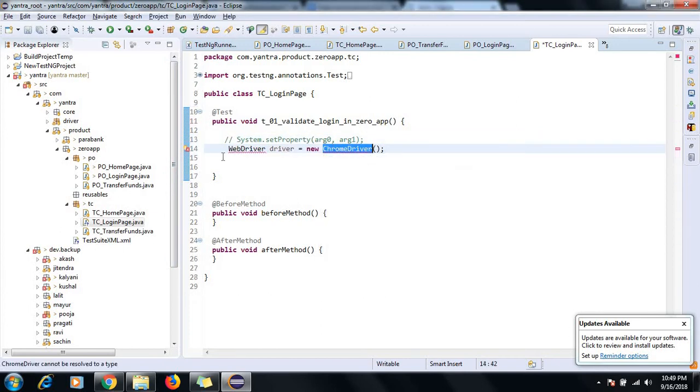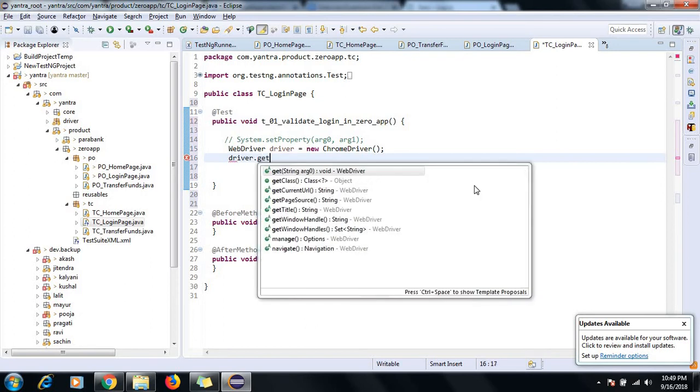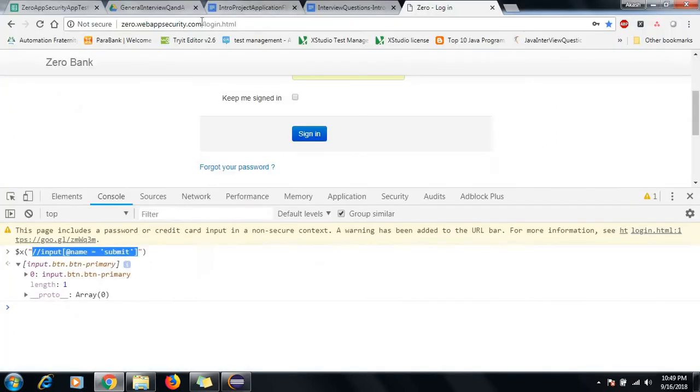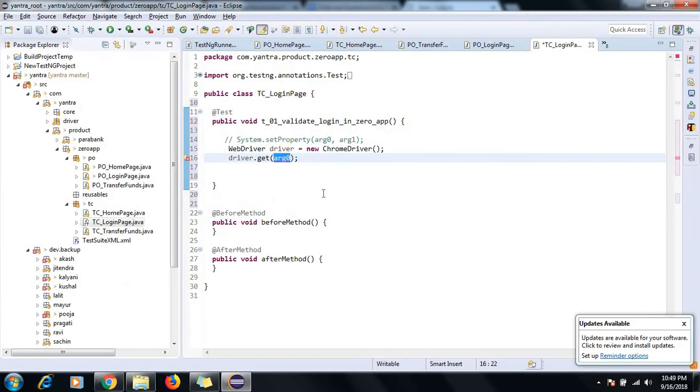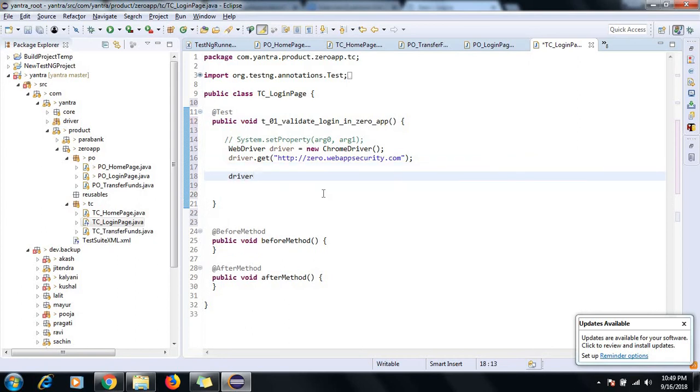I'm going to import this web driver, then I'm going to import this Chrome driver and web driver both. Now, I would first go forward and get this application URL. I would like to open it. Then I'm going to do